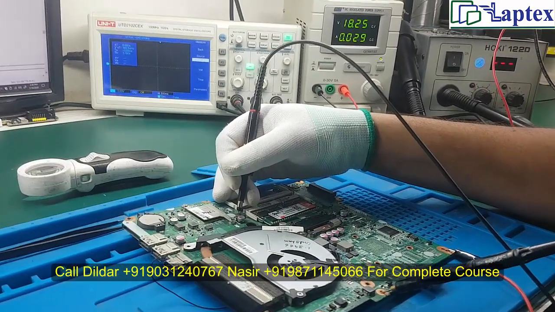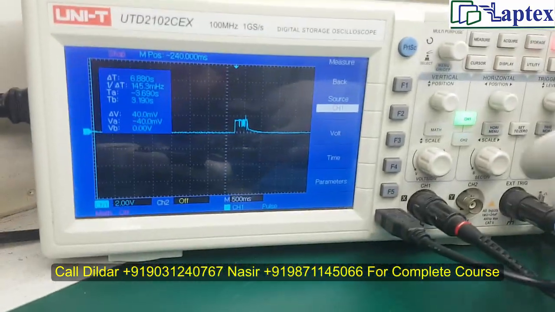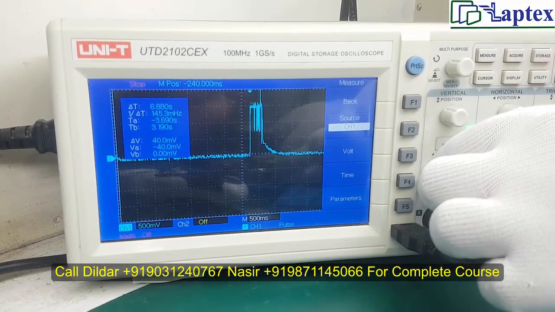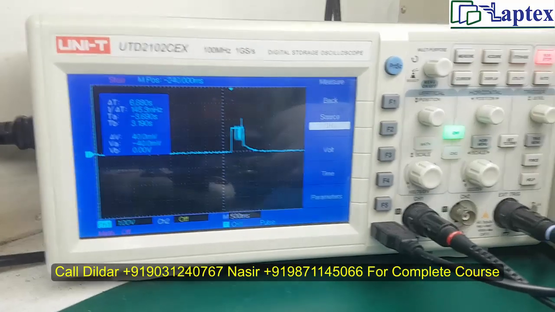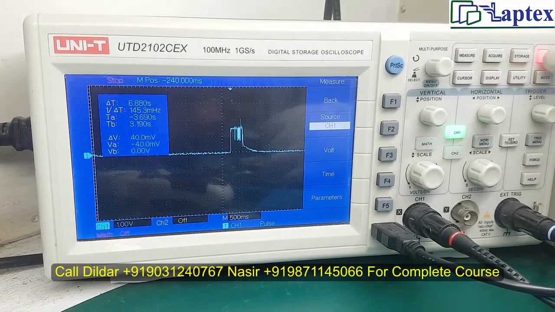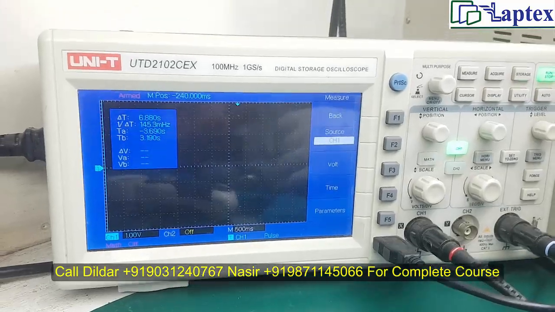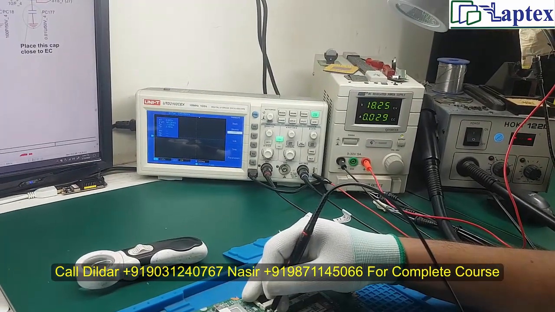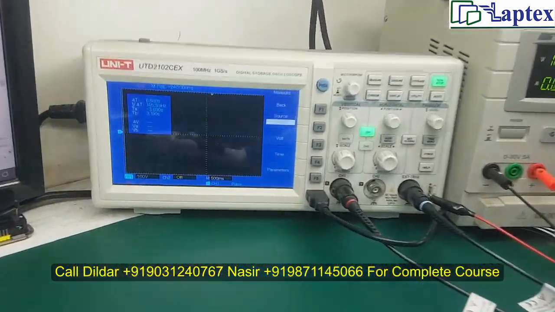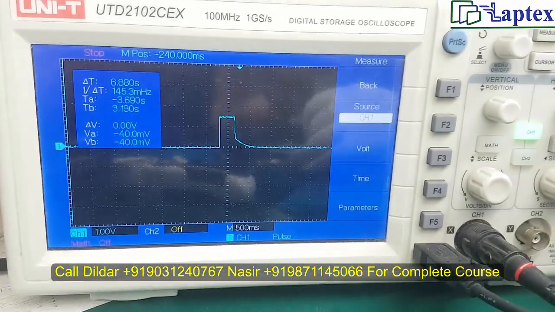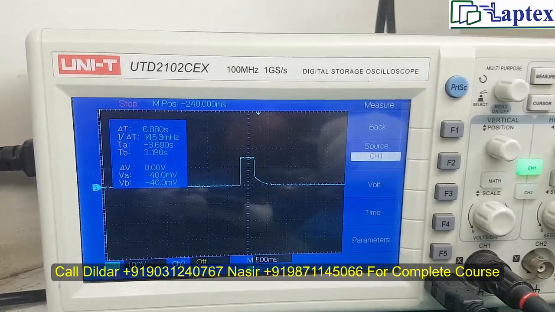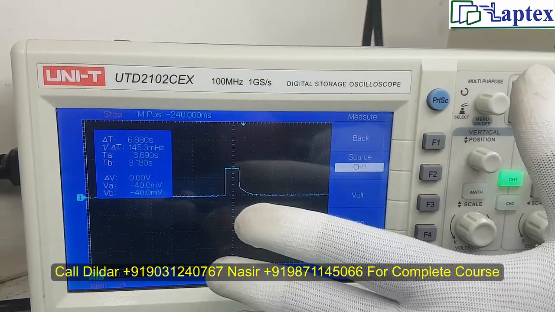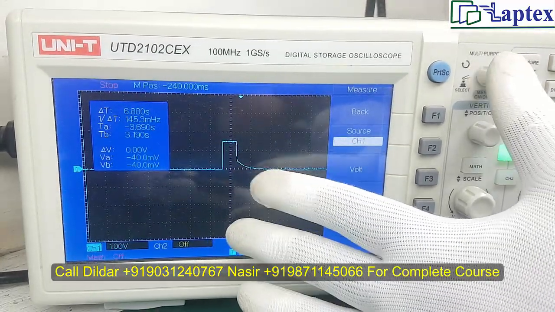Now you see, I have to minimize the voltage division. Now this is the condition of the input section of RAM, and let me check it on the output side. Let me do the same thing once again. It is turning on and off. So this is also the condition of the RAM section. You can say that it is good. It is falling down just due to some reason, because the laptop is not turning off just because of the RAM. It is the wrong thing.